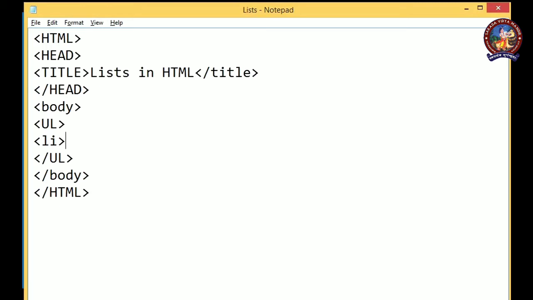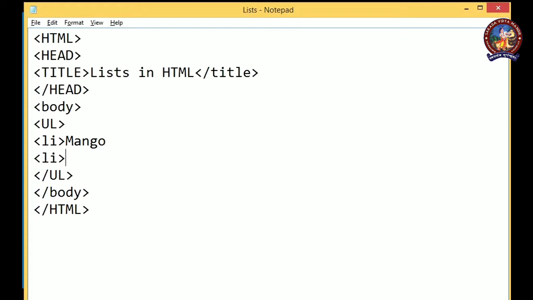Suppose we are creating an unordered list of a few fruits. Here one after another we have to write the name of the fruits. Suppose I want to name, like, mango. Another list item. For each and every item we have to use the li tag multiple times.